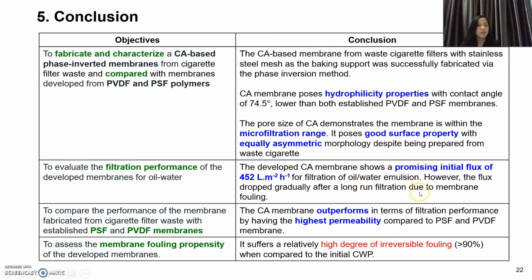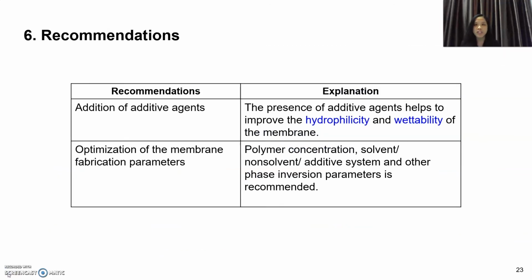CA also shows a promising initial flux of 452 for filtration of oil in water emulsion, but the flux dropped gradually after a long filtration run because of membrane fouling and swelling. CA also outperformed in terms of filtration performance by having the highest permeability compared to PSF and PVDF. In terms of membrane fouling propensity, it suffers a relatively high irreversible fouling, and